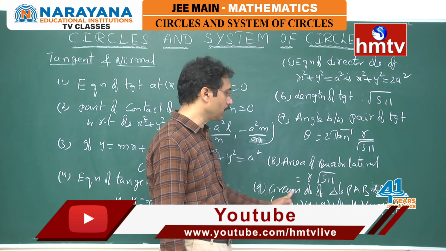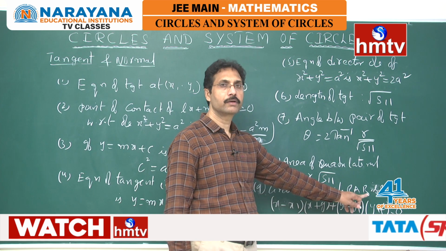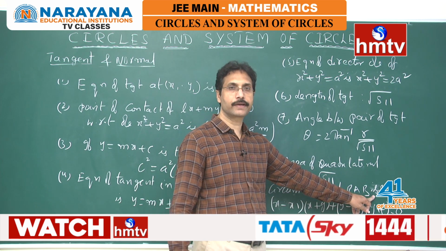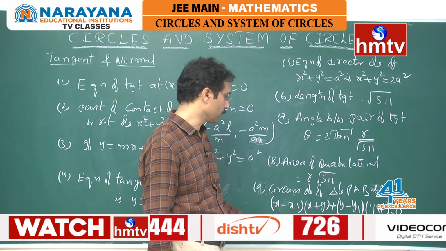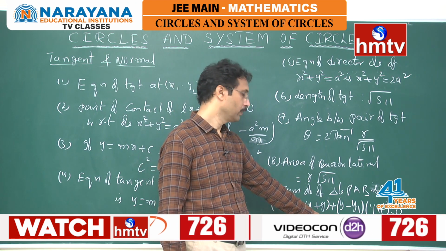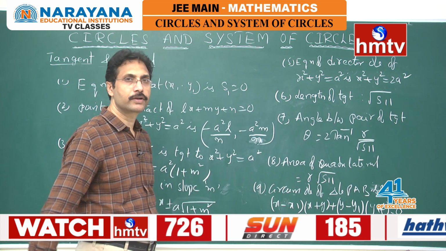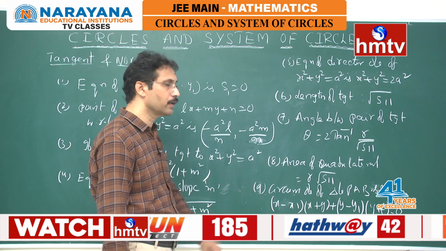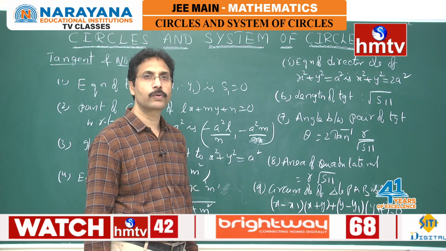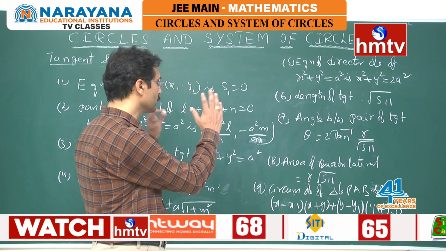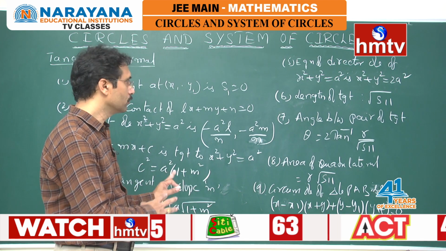Okay, the circumcircle of the triangle PAB, that means the tangents drawn from P meet the circle in A and B. Already I said the line joining P and the center will act as the diameter, so I use the diameter form. In this way, we can observe all these points on tangents and normals. And finally, I said for the equation of the normal, just join the point of contact and the center of the circle, and you will get the equation of the normal. If you remember these things in tangents and normals, we can do better.